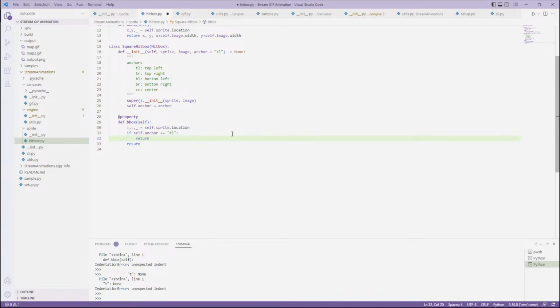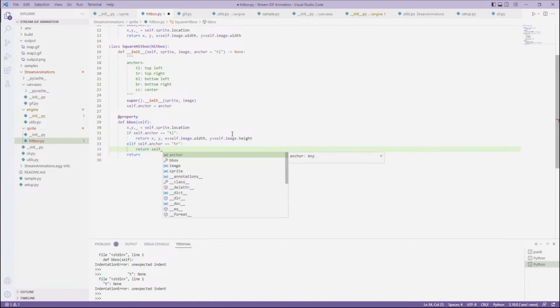We don't have an offset yet, so x, y, x plus self.image.size, .width, y plus self.image.height. There we go. elif self.anchor equals top right, return